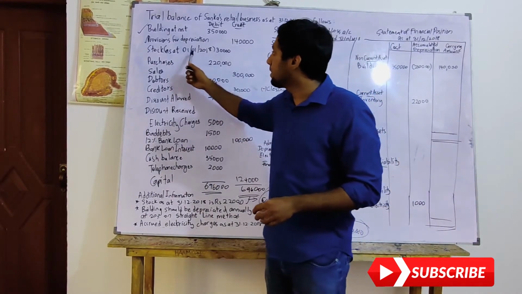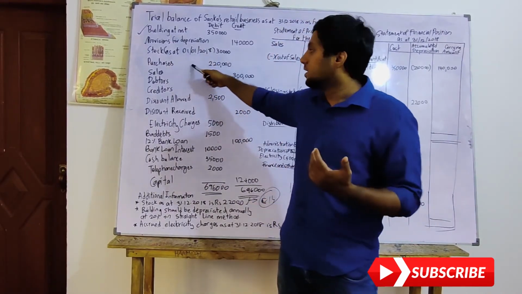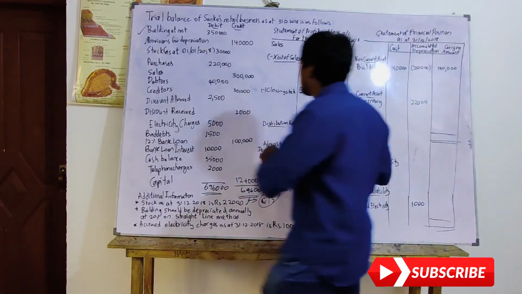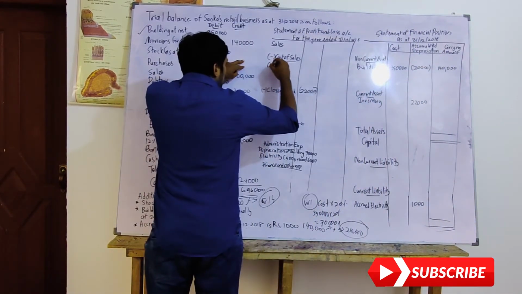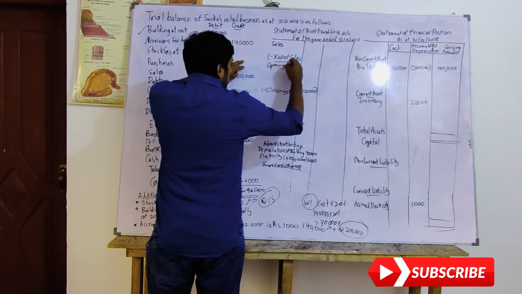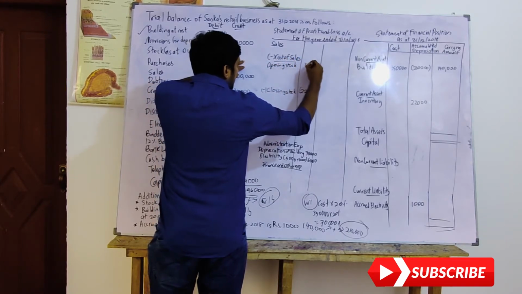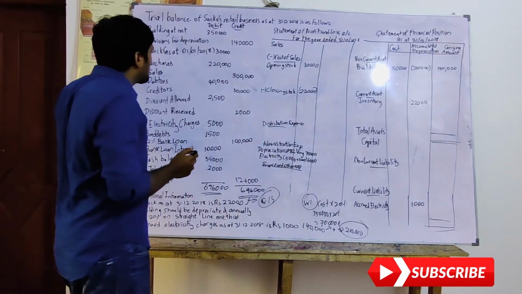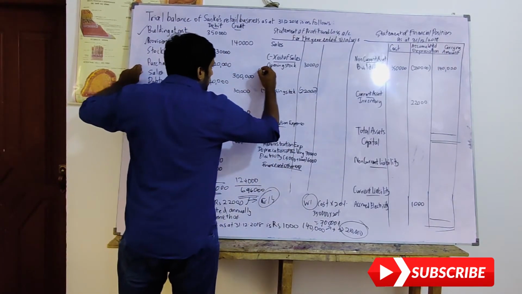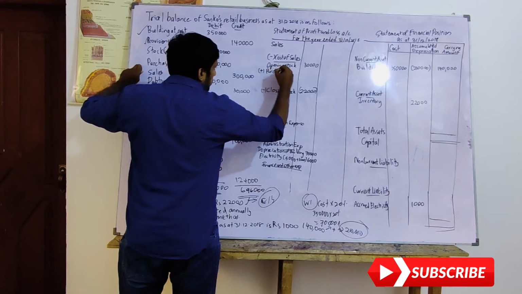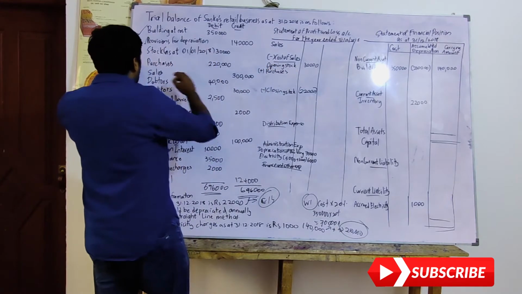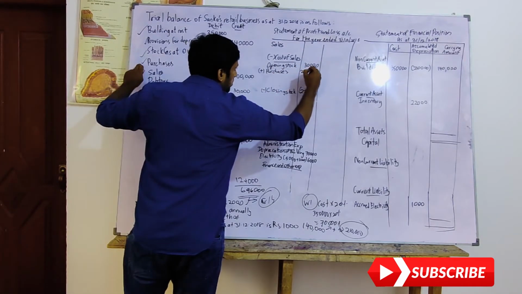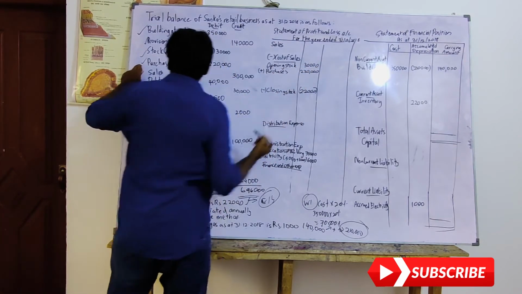Now, let's move on one by one. Stock as at 1st 2018 is 30,000. So opening stock, I will write here, opening stock as 30,000. Easy. So we are done with that. Then we have purchases. I need to add purchases with opening stock. I have purchases of 220,000. So I am ticking purchases 220,000. So I am done with that.